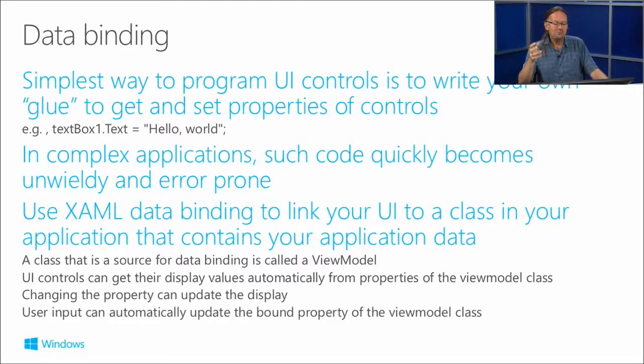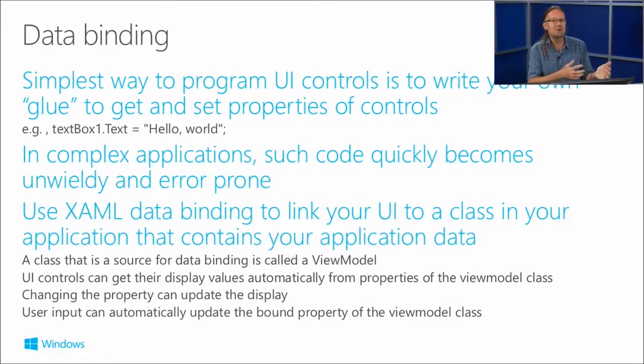If you start doing that, you're going to soon end up with massively complex code, and the app is unmaintainable, and it will be error prone. You can't do that. Data binding is a much, much better way of doing that. What you need to do is create a class which has a special purpose. We call these classes view models. So this class exposes properties on it. And in its simplest form, the display controls and input controls on your page